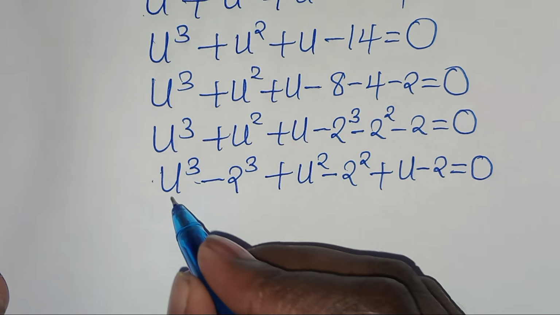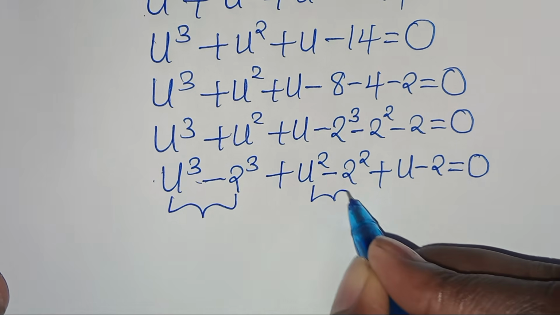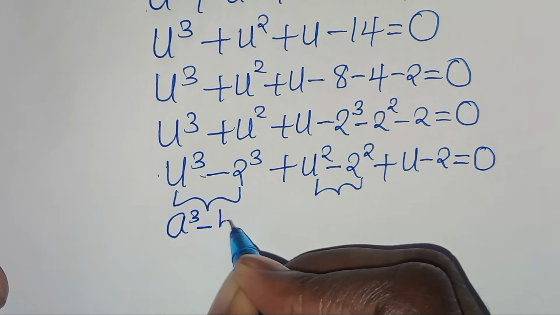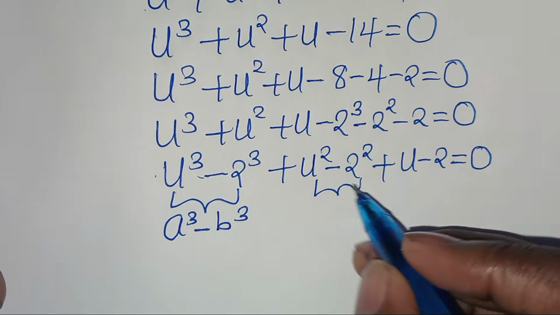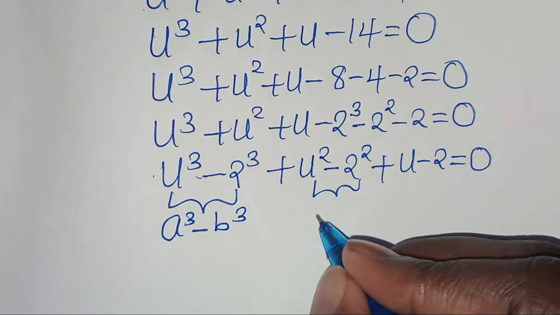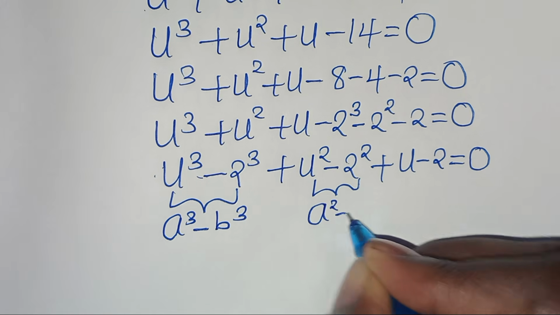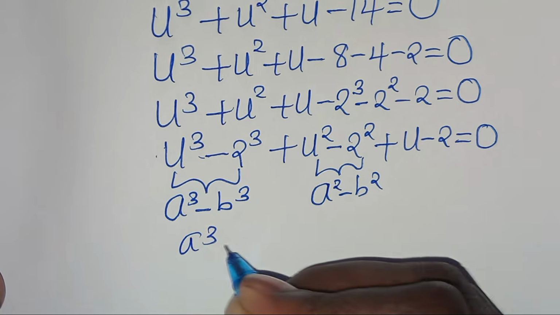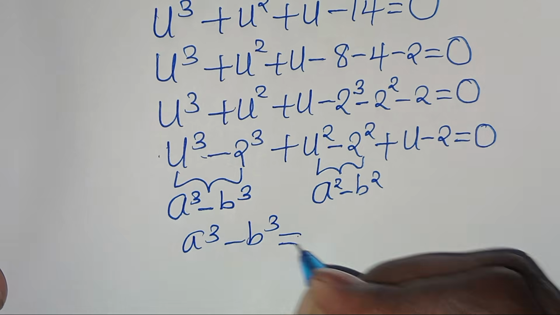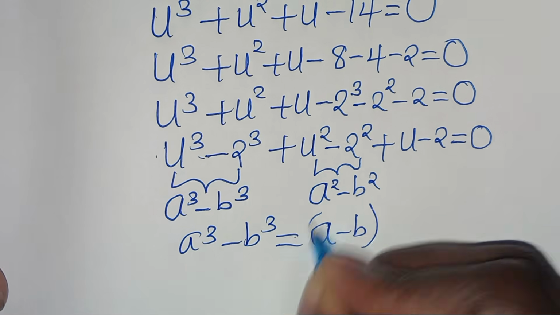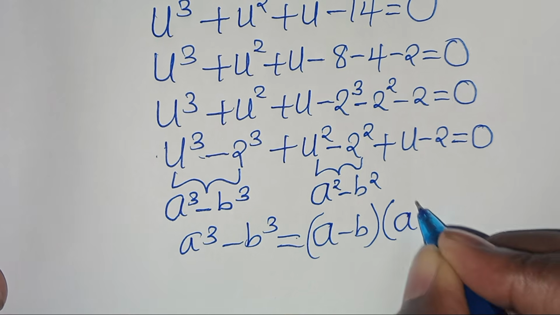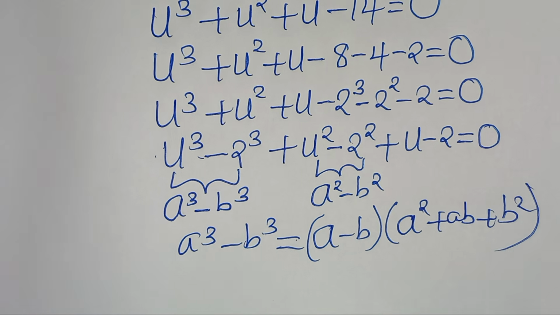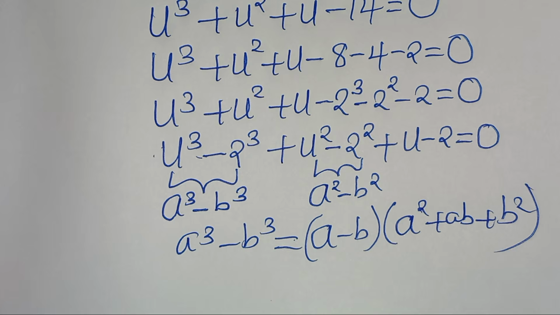Now, we have two parts here. This is the difference of two cubes, expressed as a to the power of 3 minus b to the power of 3. And u squared minus 2 squared is the difference of two perfect squares. So we have that a to the power of 3 minus b to the power of 3 is equal to a minus b, into the parentheses, a to the power of 2 plus a times b, then plus b to the power of 2. Applying this identity,